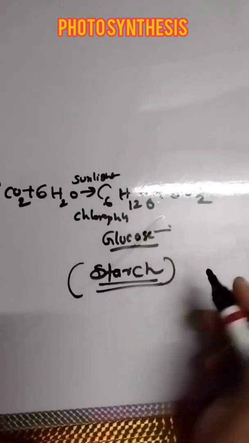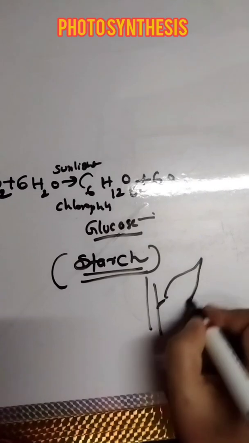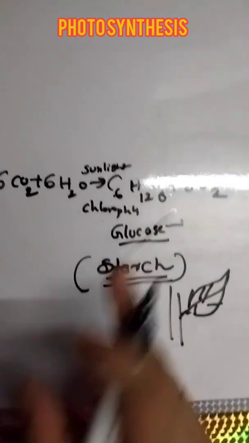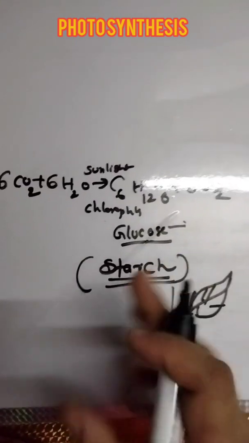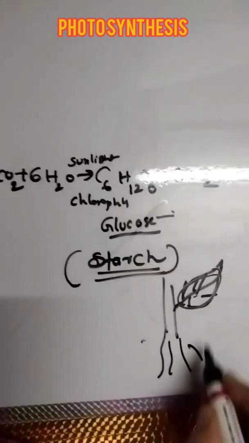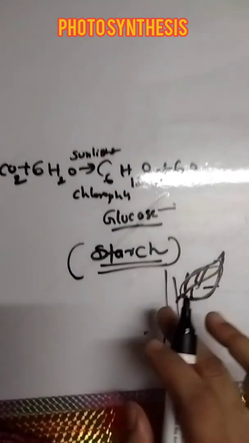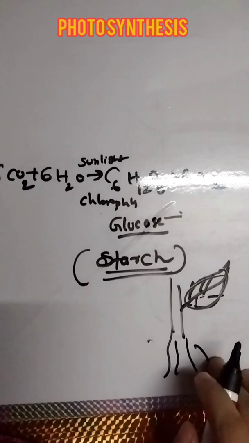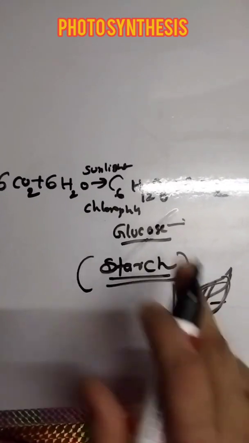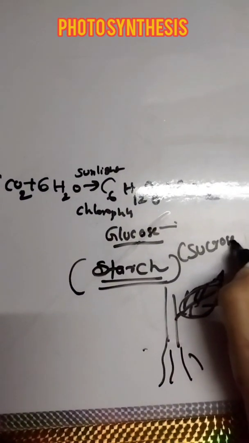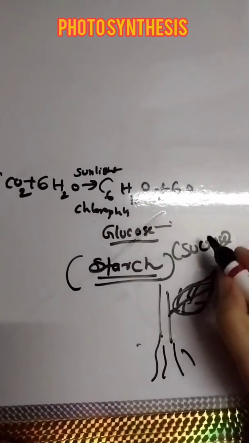Now see here, you have a plant. The glucose is produced in the plant. As I told you, glucose is a very reactive element and it is soluble in water, so it may get involved in unnecessary chemical reactions. The glucose is produced in the leaves, but it has to be transported to the rest of the body, the roots, the stem and other parts. It is not transported in the form of glucose. It is transferred to the rest of the body in the form of sucrose.